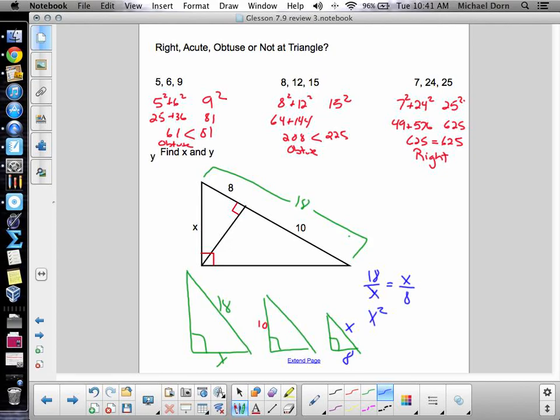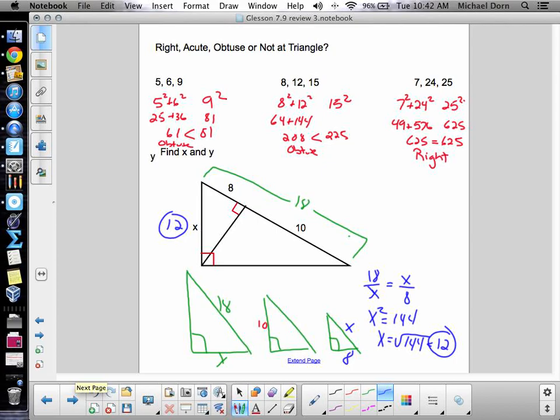So x squared is 80 plus 64, 144. So x is the square root of 144, which is 12. But again, if you take the time to systematically set that up, it's pretty simple because, I mean, we can